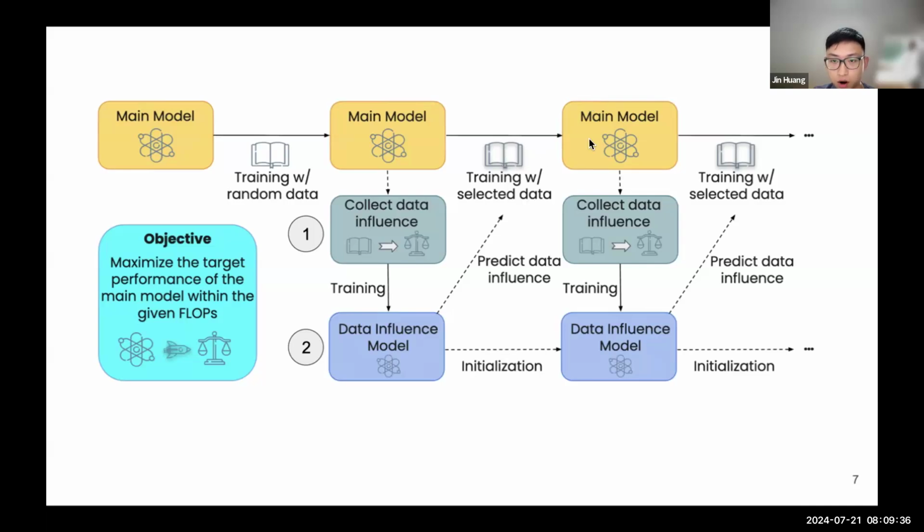And then after this part, we again calculate some data influence and update our data influence model. This data influence model will afterwards be used to select the most influential data points for the next epoch. For ease of computation, in the actual algorithm, we're not collecting the data influence on every epoch, but at a certain interval. We update our data influence model at a certain interval to avoid computing the influence model